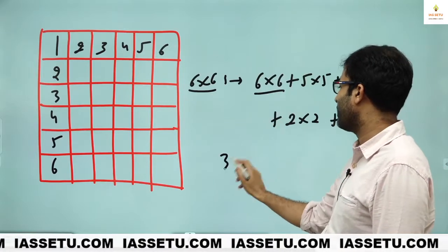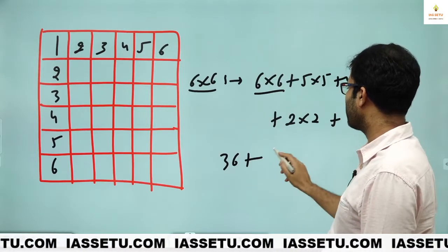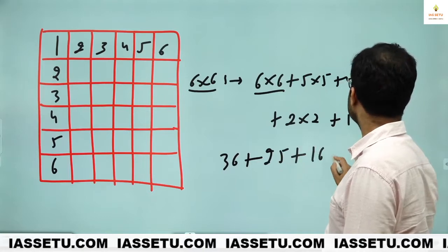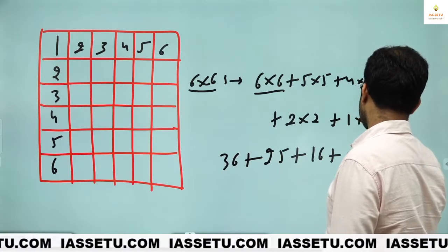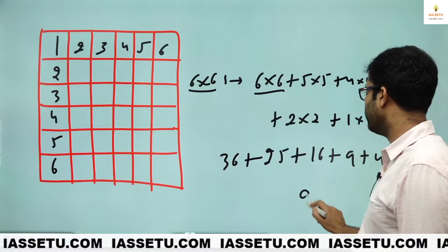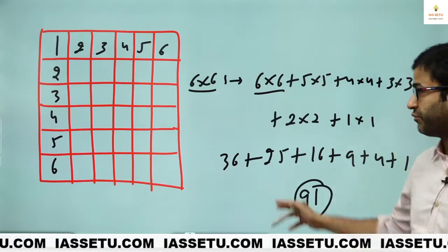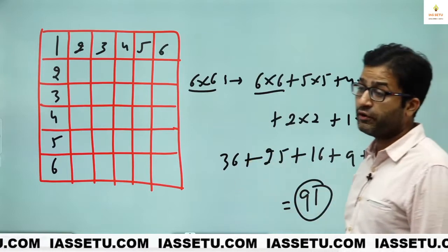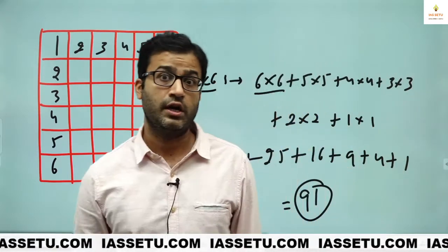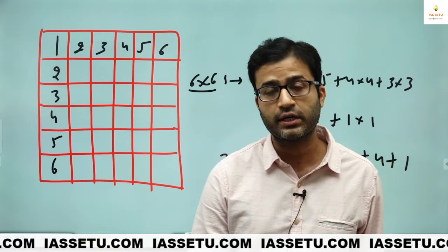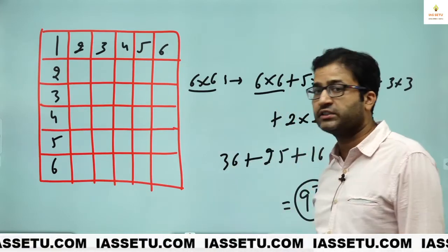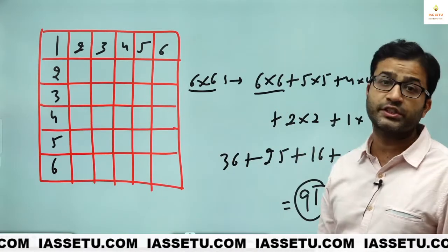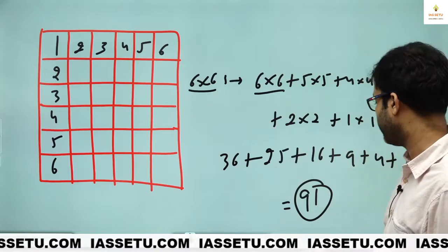So here I think many of you already got the answer. Write in comment: 36, 25, 16, 9, 4, 1. So if you add this, we get total 91. 55 plus 36, you just check, this is 91. So in the given figure, we have 91 squares. And believe me, if you do manual counting, here chances are that we get a wrong answer, or it will take around 6 to 7 minutes or maybe more than that.